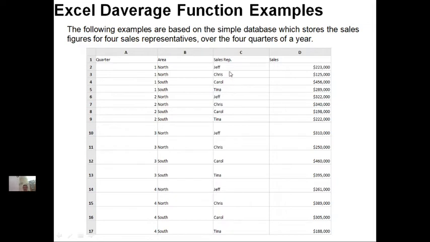These are the 4 sales representatives for which he's showing the sales figures. The area is north or south, the quarters are 1, 2, 3, 4, and then the sales representatives and sales value. Now this is the example he's taking.